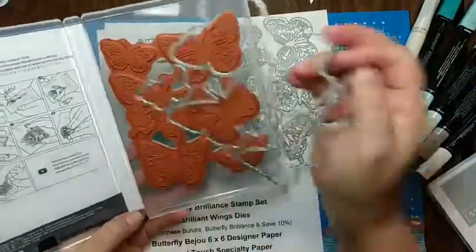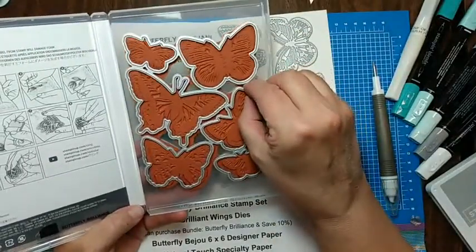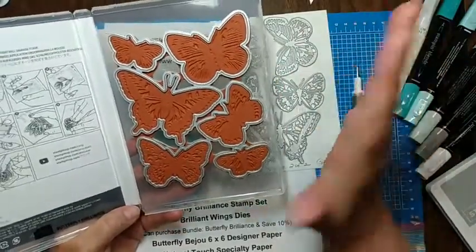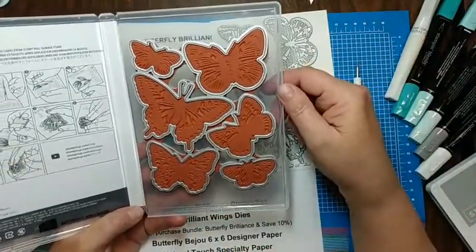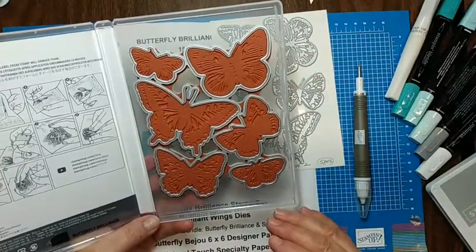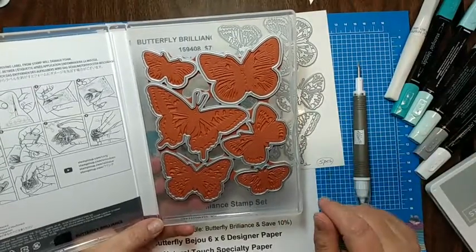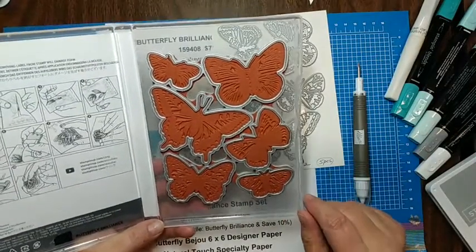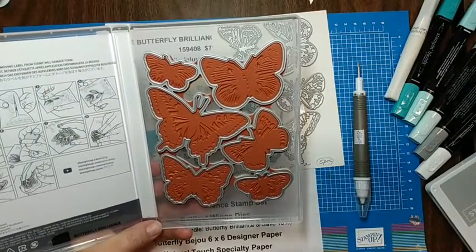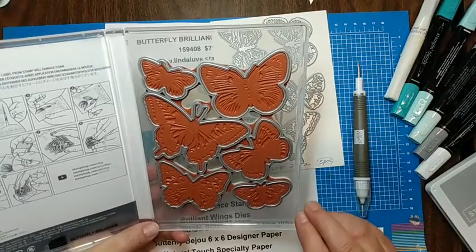Right on your stamps. Those are upside down, so this has to go upside down. So now you can do one stamp. See why I like putting it in my Stamparatus? Because you can just do a whole bunch of these, go crazy, and then cut them all out, or you can color them first. So if you're a colorer, you are going to love this stamp set. Whether you use the Stampin' Blends or the